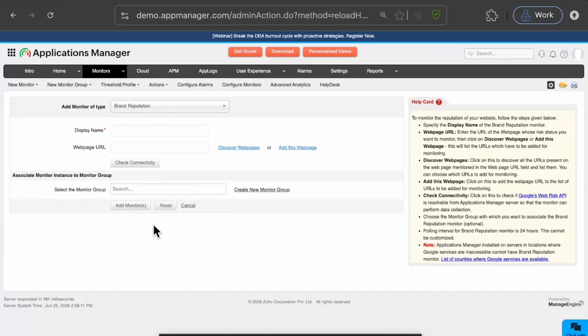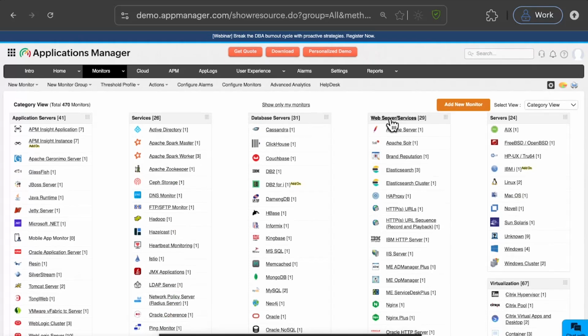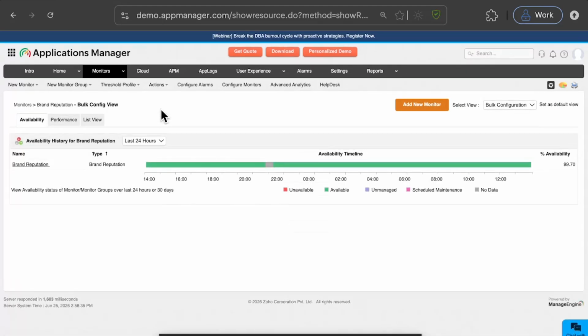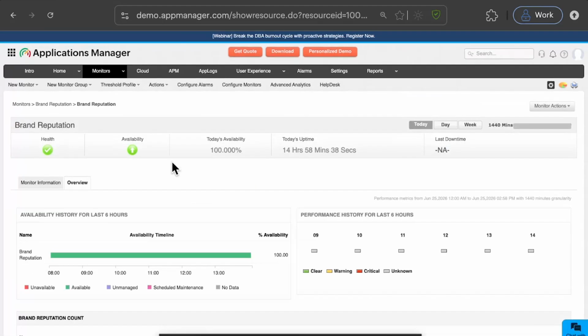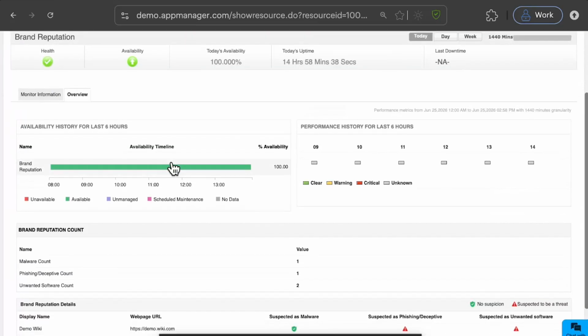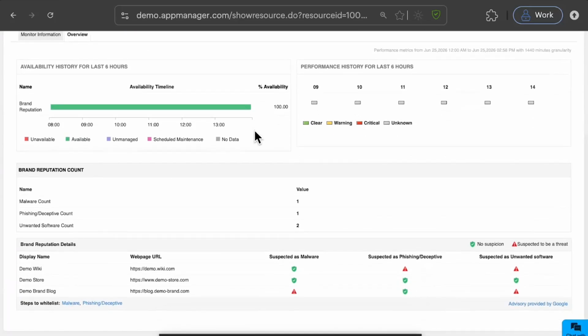So once this is done, go to Monitors, Web Server Services. Number 3 is Brand Reputation. So it takes you to this particular page, and you can find basic details such as your availability and your performance stats. So as you scroll down, this section, the brand reputation count, this provides a quick summary of the